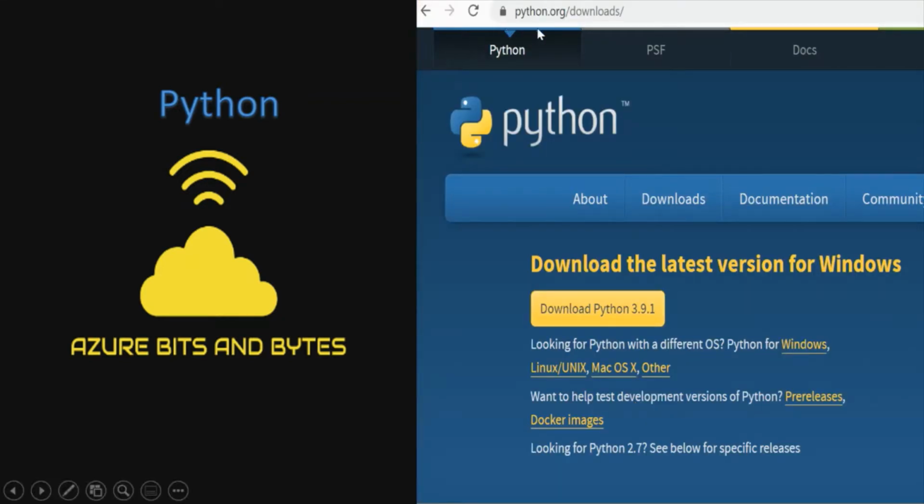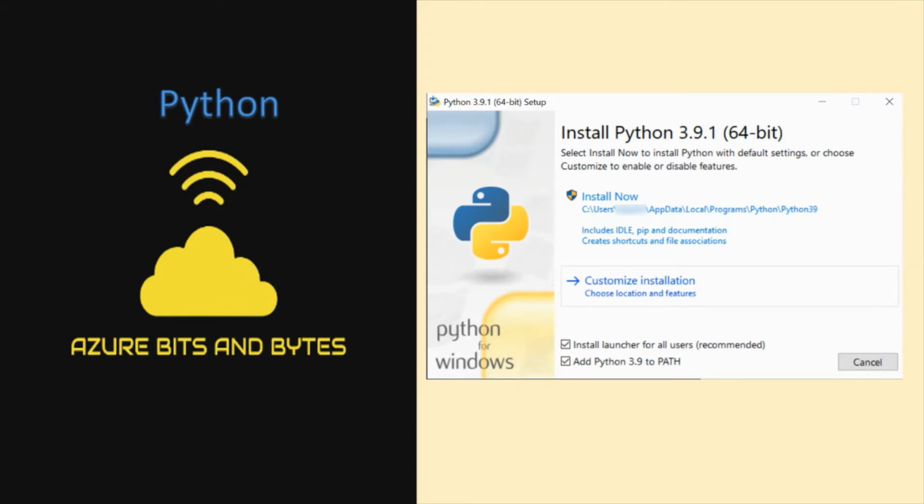So please visit python.org/downloads and then install the appropriate installer. And also a few things to note down here. The installation path is given, and this installer also includes IDLE, which is nothing but the integrated development environment, which is given to you by default. And then pip is a package manager which will help you to install multiple more packages like pandas, numpy, etc. And some documentation is given to you.